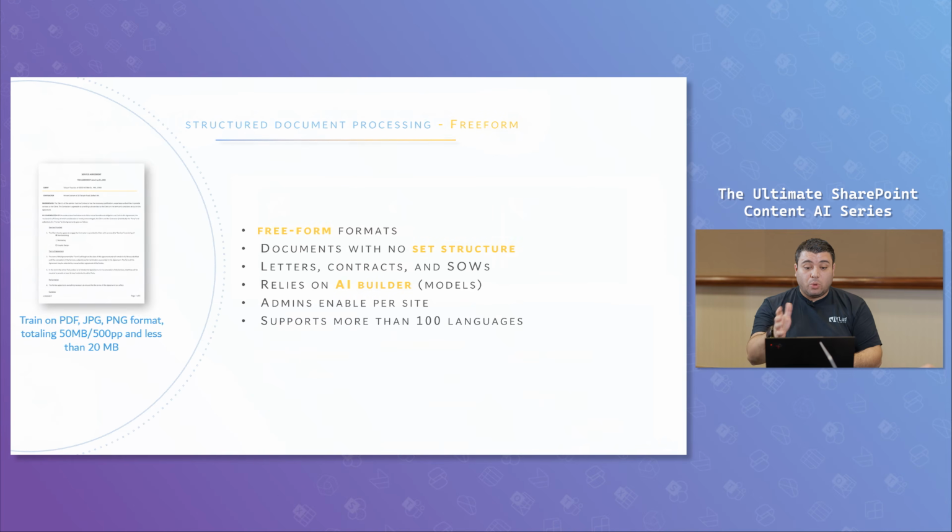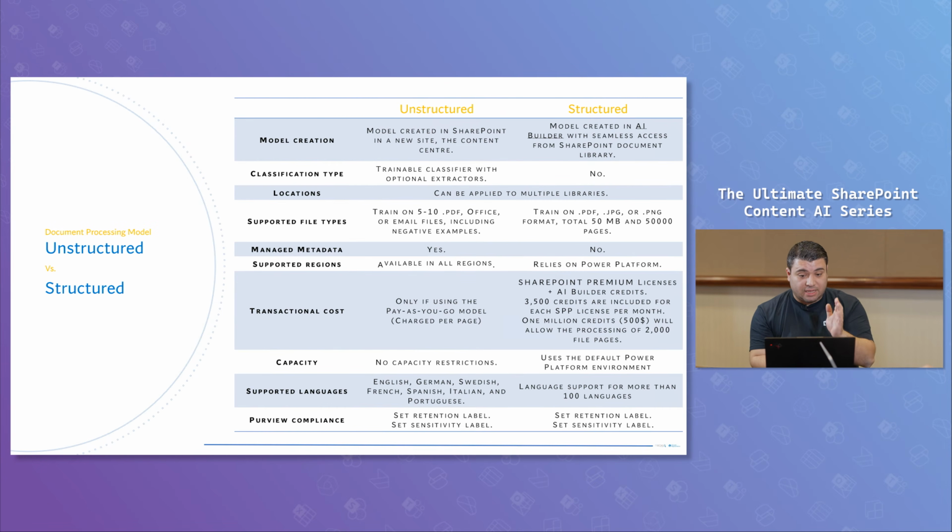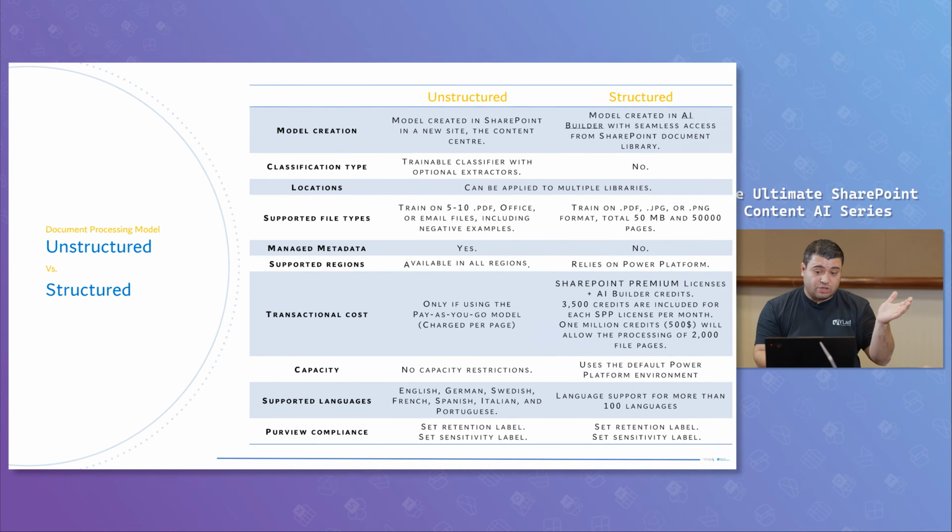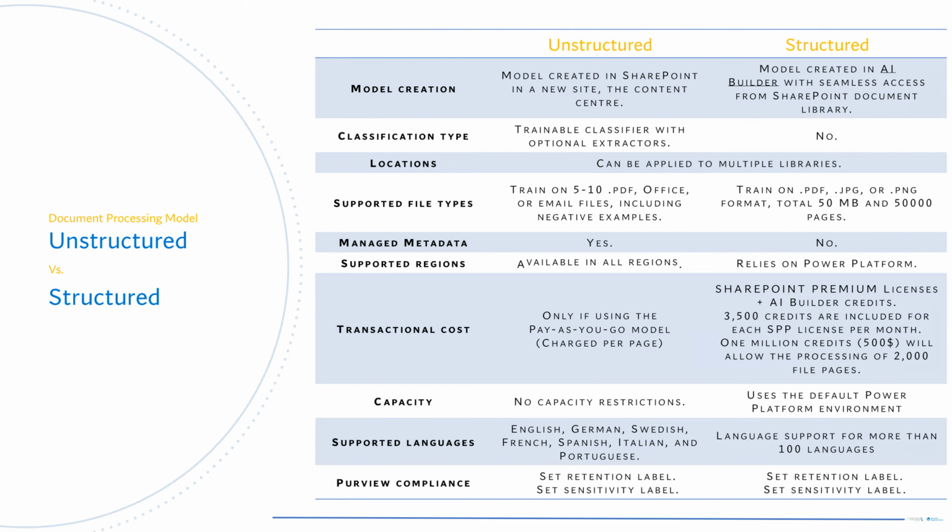Now, when we look at this screen, you will see that there is a table between unstructured and structured, and you can always have a look at all the details, but the one thing that is extremely important for the structured document processing is the transactional cost. If you look at the unstructured, it's only using the pay-as-you-go model. However, with the structured, you have to add the AI Builder credits on top of it. Remember, there is a yearly commitment, if I'm not wrong, on the AI Builder credits. And